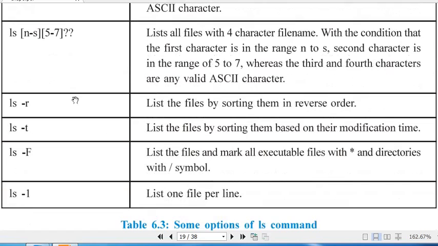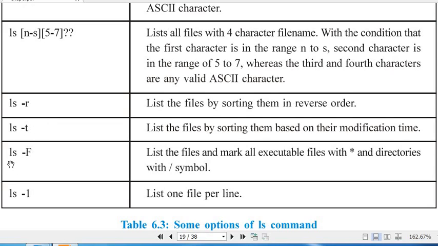Then ls space -r lists the files by sorting them in reverse order. That is, if it is in alphabetic order, then instead of A to Z it will show it in Z to A manner. Then ls -t lists the files by sorting them based on their modification time. T means time.